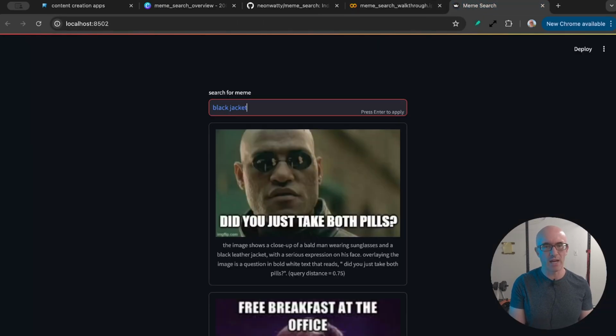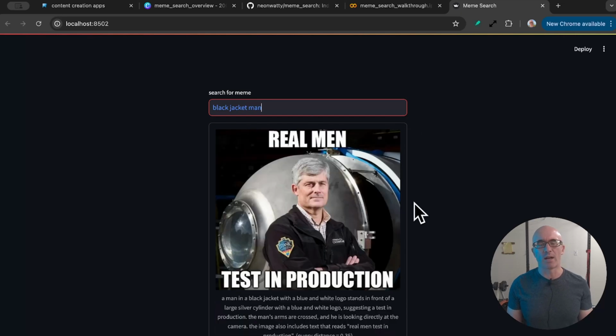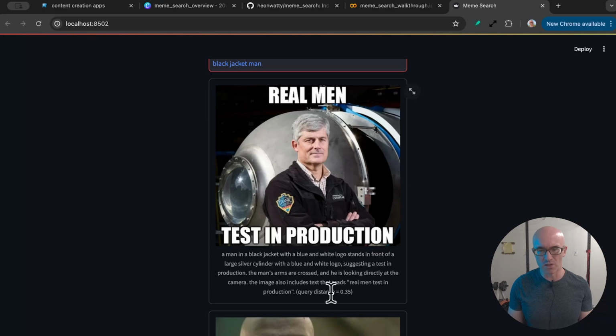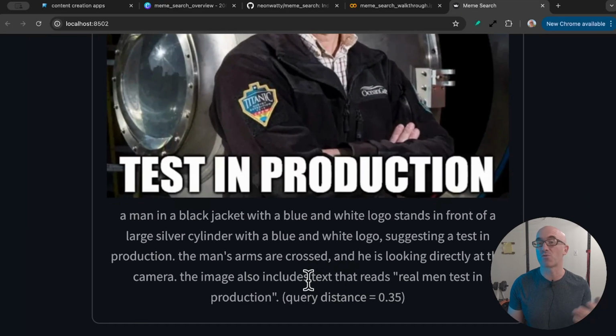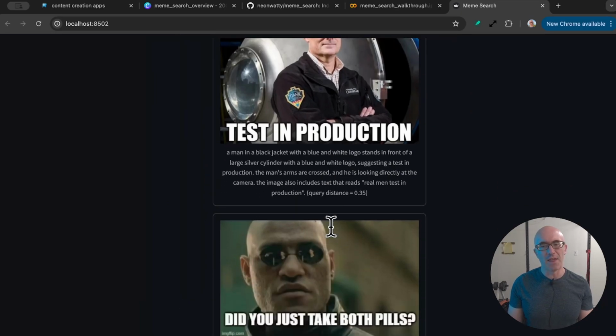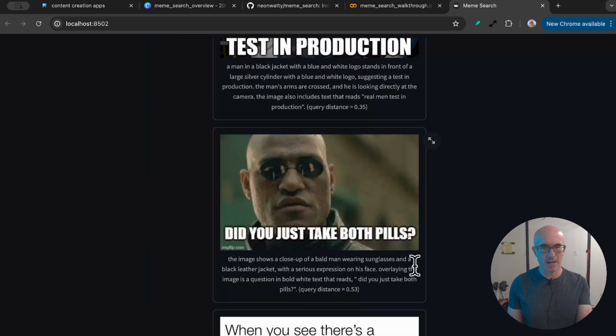black jacket man, say, I'm going to get this meme as my top result with the lowest query distance, because if you look at the text description that's been extracted from this image, it says a man in a black jacket, and so on. So my query matches exactly with that image. And then next in line, I get back the next closest image, which is a man in a black leather